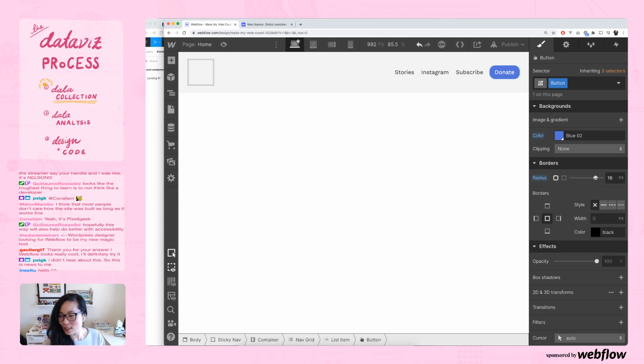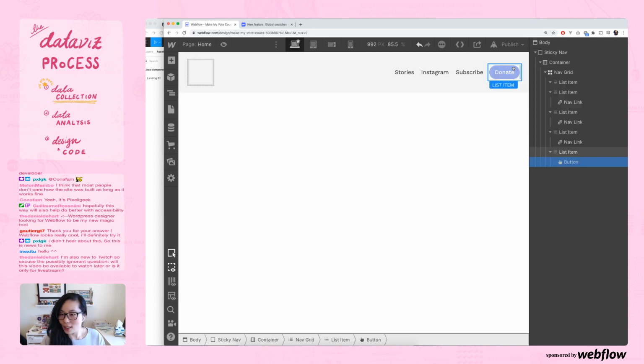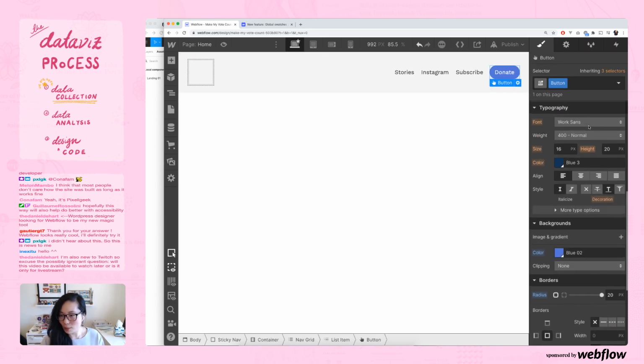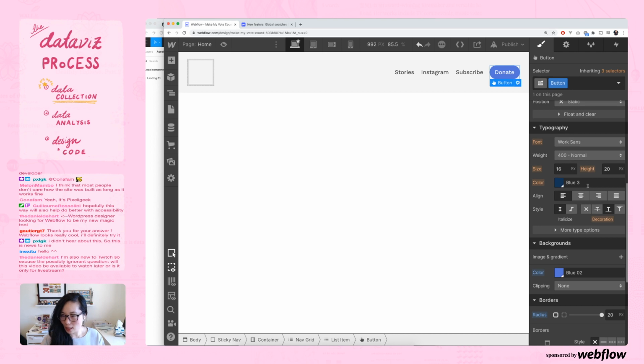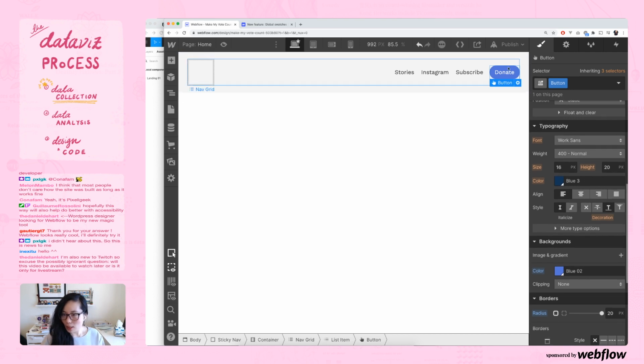Do I want to do 16? No, I like the 20. I like how round it is. That's very cute. It's interesting to me because it says that my type, the color is like the font,